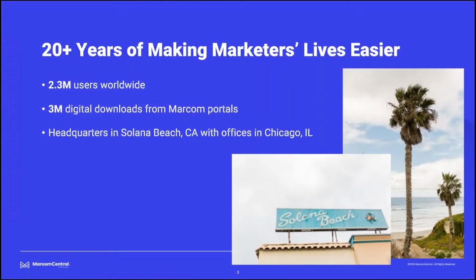MarcomCentral. We are not a new company. The product MarcomGather is a new product for our company, but we have actually been around for over 20 years. We have a very successful distributed marketing platform that's used worldwide. It has more of a customization aspect to it, and we're headquartered in the beautiful beachy town of Solana Beach, just north of San Diego. Over 21 years producing and manufacturing that product. But like I said, MarcomGather is brand new for us, and that's why we're eager to show it to you